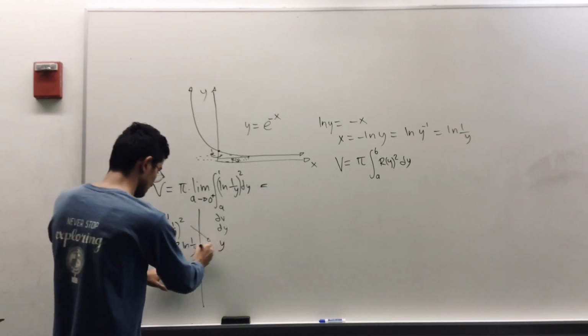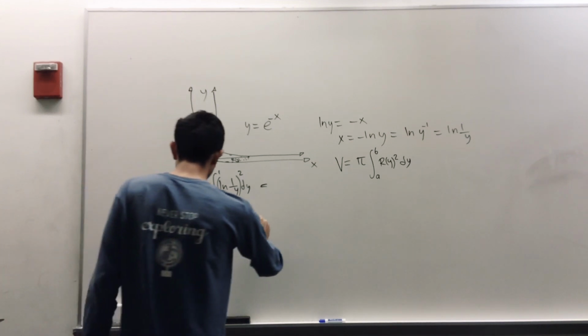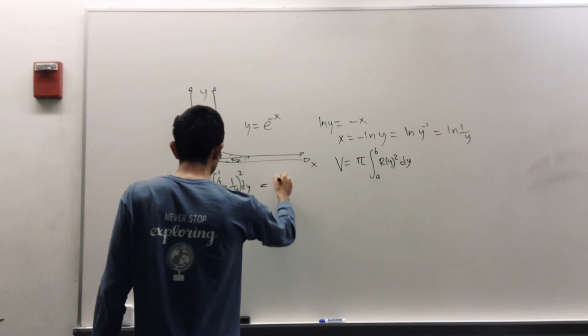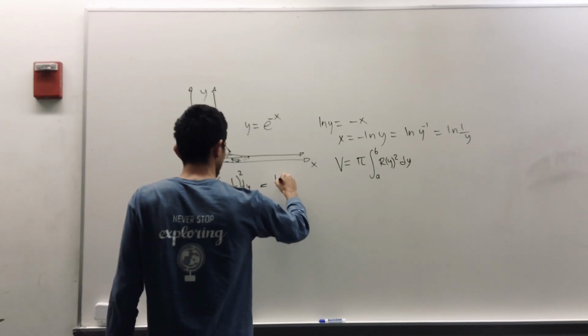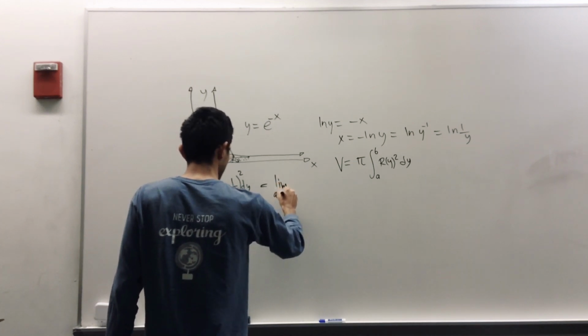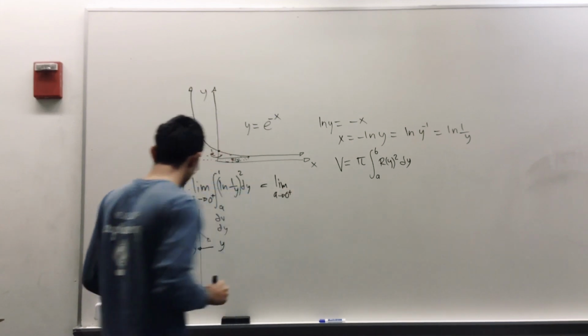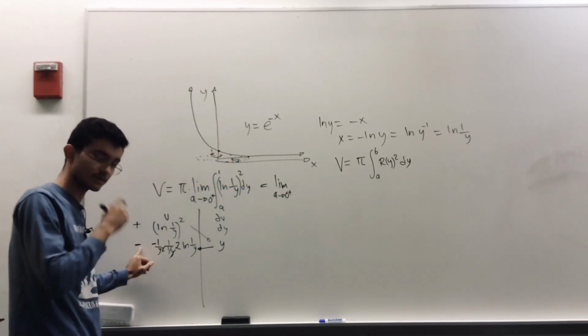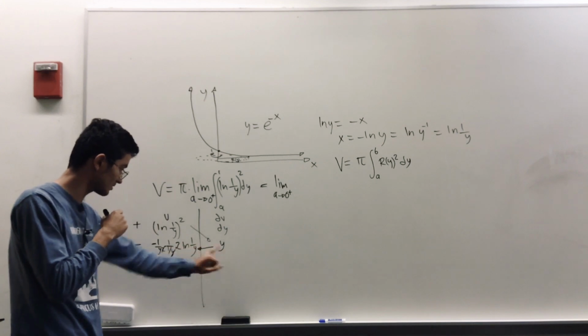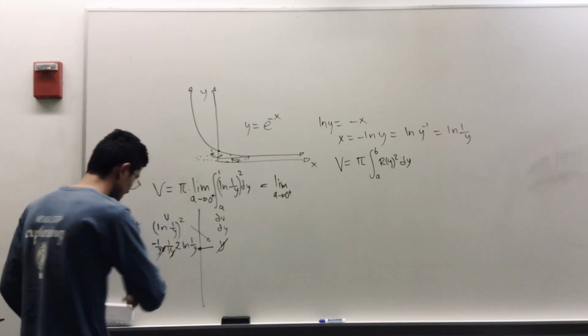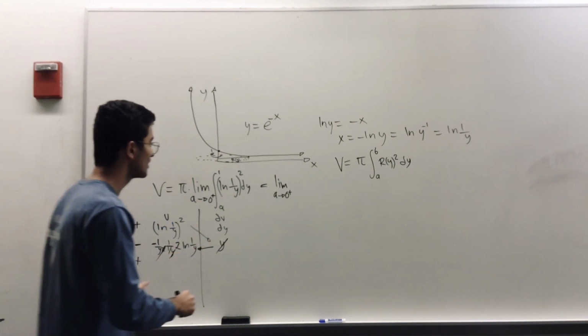We're going to cross multiply over here, and we're going to have that this is equal to the integral, okay? So we have to evaluate it as a limit. The limit as a goes to 0 from the right. And negative times negative is positive, and this y cancels out again. So we're just left with this expression over here, which is going to be,